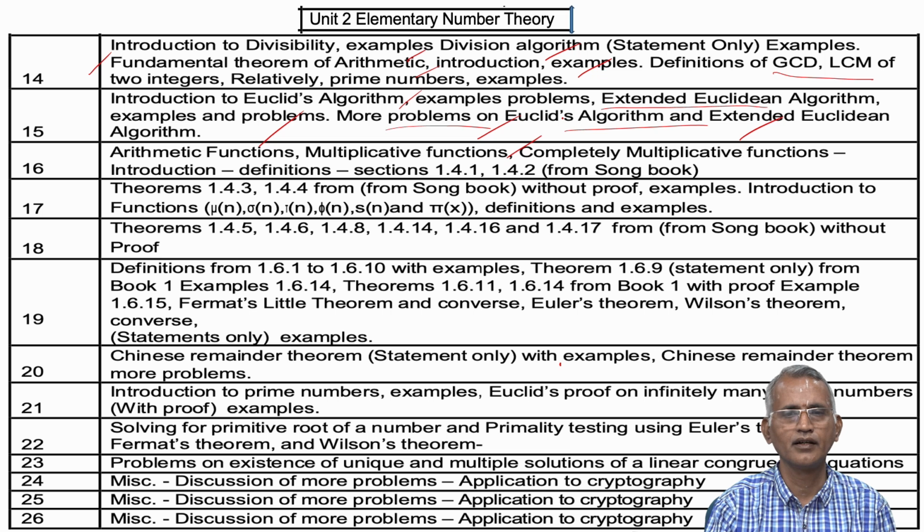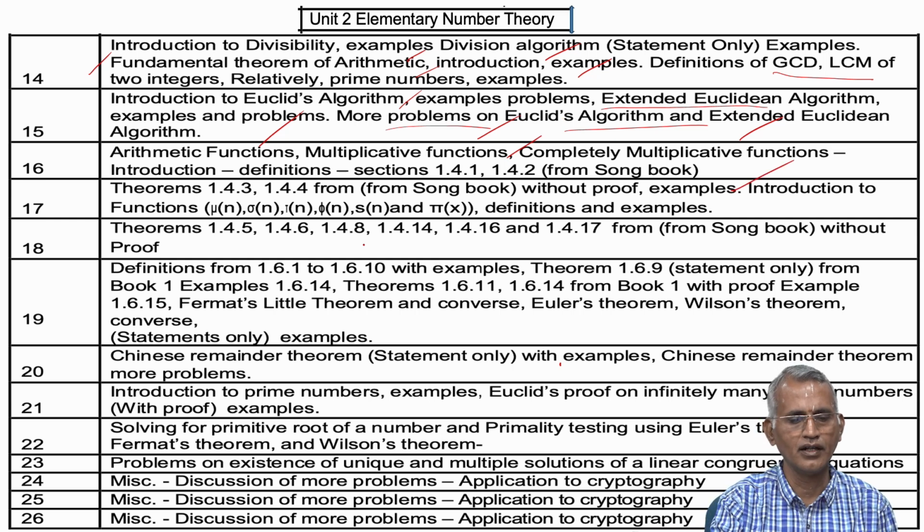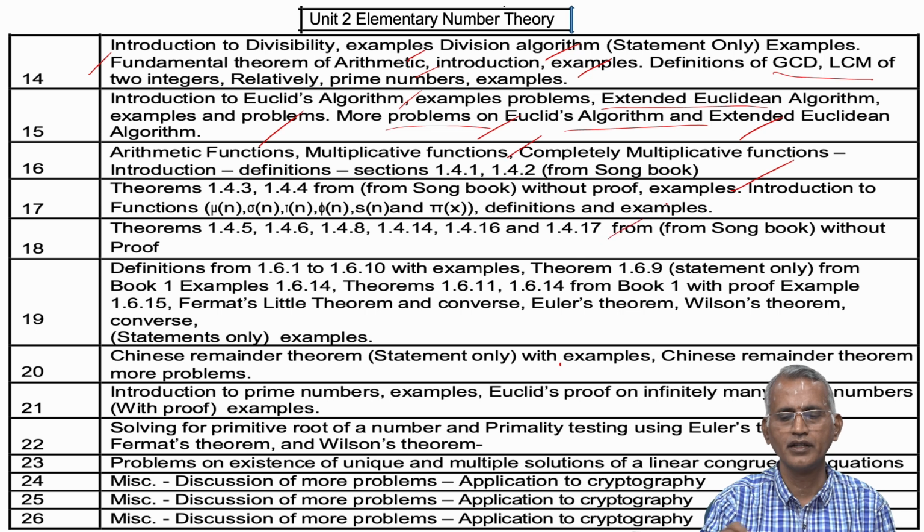Based on that we have special functions, mu of n, sigma of n, tau of n, phi of n, s of n and phi of x, and related examples. Based on that we have a lot of theorems from the Song book, and we need only